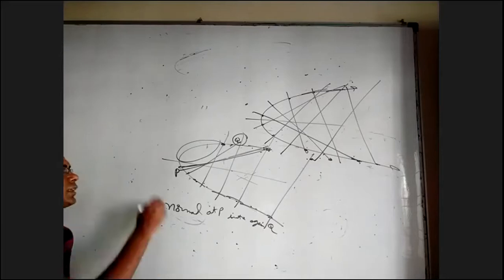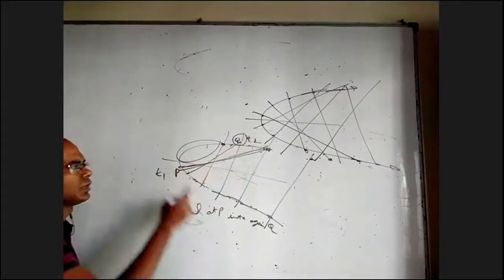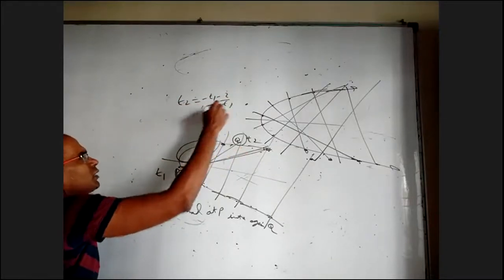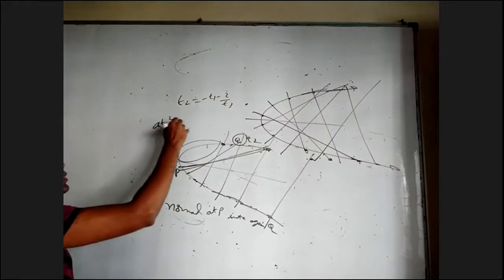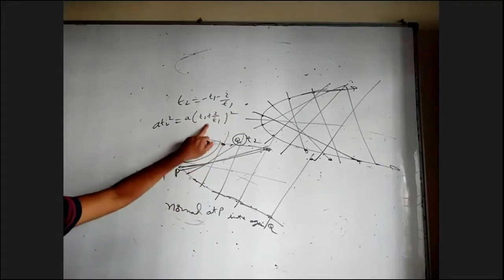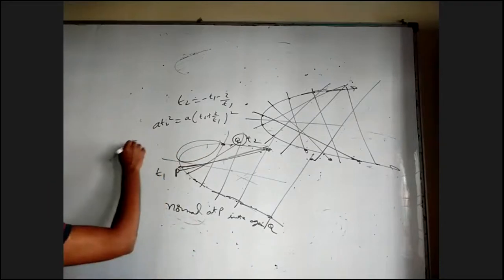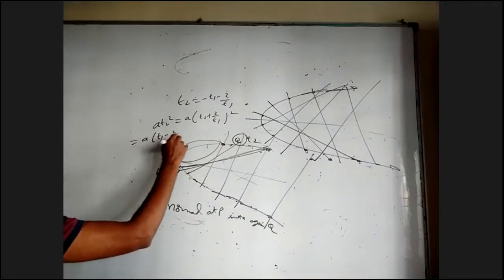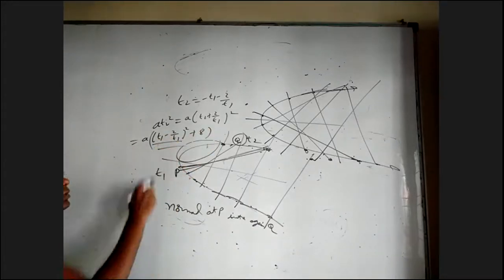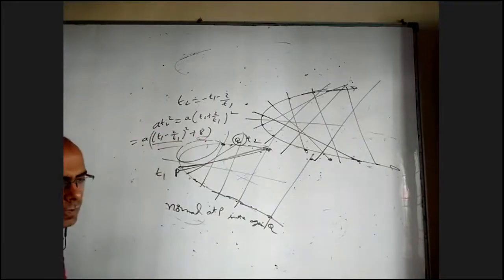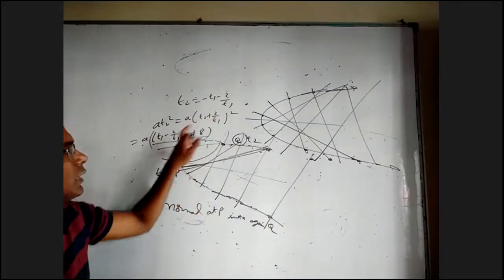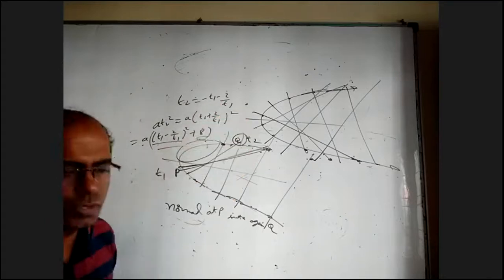Yes, correct. If this is t1 and this is t2, we have a formula. If the normal at t1 again intersects at t2, then t2 = -t1 - 2/t1. If you want the x coordinate, it is a t2 squared, which is a(t1 + 2/t1) whole squared. You can use the AM-GM inequality, you will get 2 root 2, or you can make a perfect square and write (t1 - 2/t1) whole squared plus 8. Something whole squared has minimum value 0, 0 plus 8 is 8, 8 times a is 8a. So the least x coordinate will be 8a. Simply, if you know this formula, you can do it. That's all. If the normal at t1 again intersects at t2, t2 = -t1 - 2/t1.